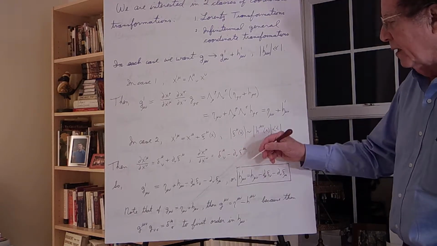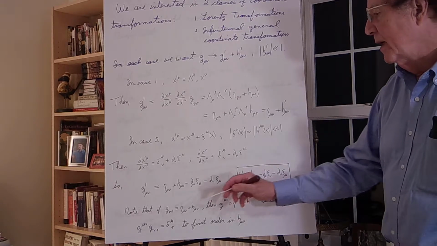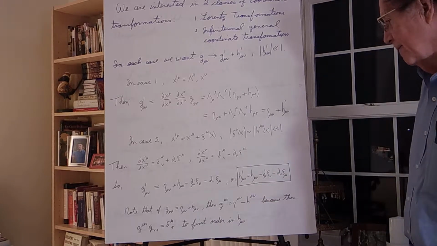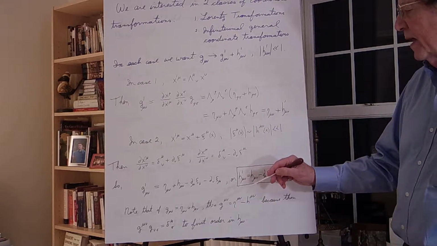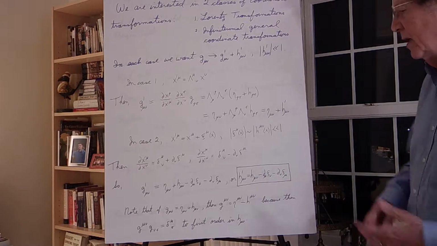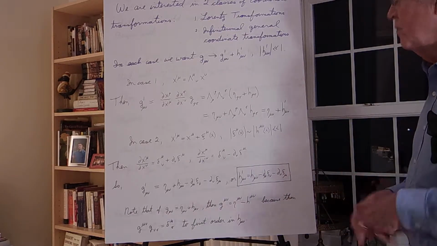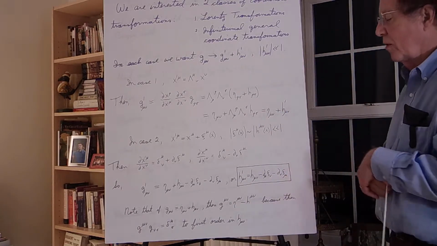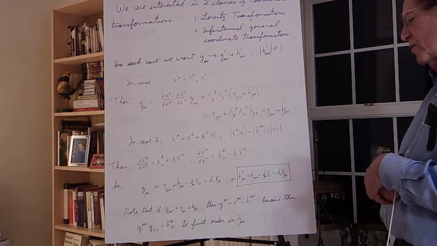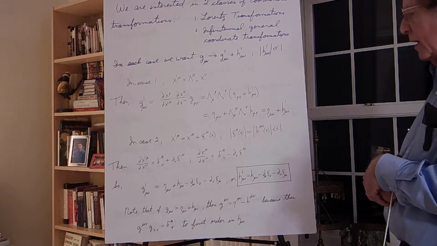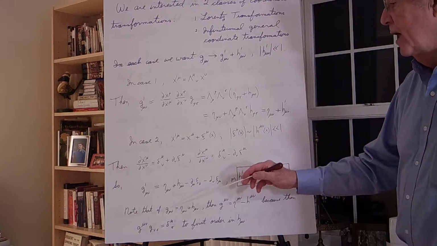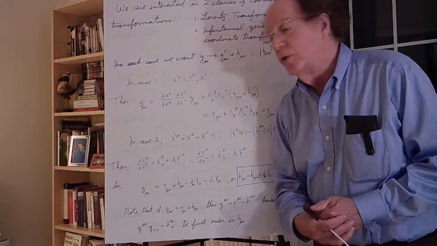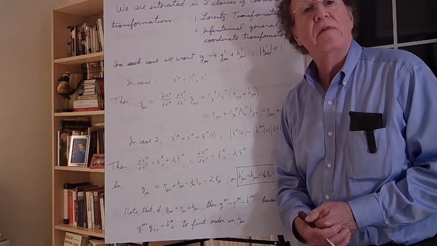And then plugging these in, it's easy to check that in fact g upper, g lower contracted is delta. If in one case I have plus h and the other case I have minus h, the linear terms cancel out. I'm left over with second order effects. Second order effects are thrown away, because I'm doing all of my arithmetic to first order in h, and that's all I need. So this is very handy, you see, because now I know how to write g with lower indices and g with upper indices, and I can then apply that to my reduction of the Einstein field